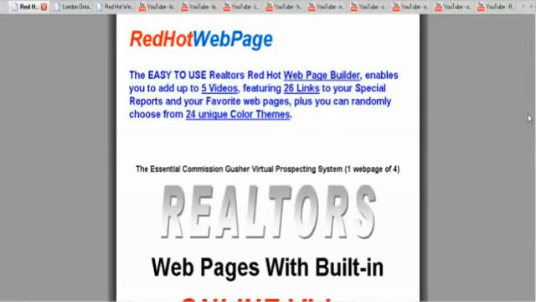Hi, my name is James Osmar, and today I want to talk to you about the Red Hot web page and how you can use a dynamic site, and how a site should be used, to be a lead generator. Because ultimately, I'd say 90-95% of web pages out there